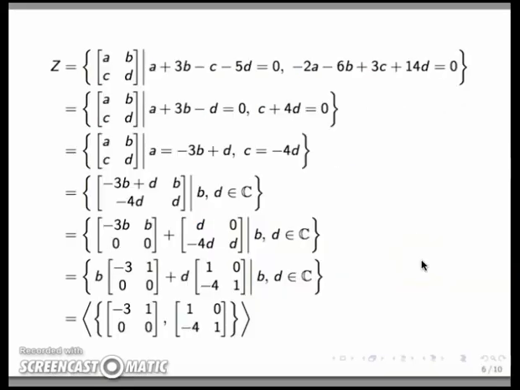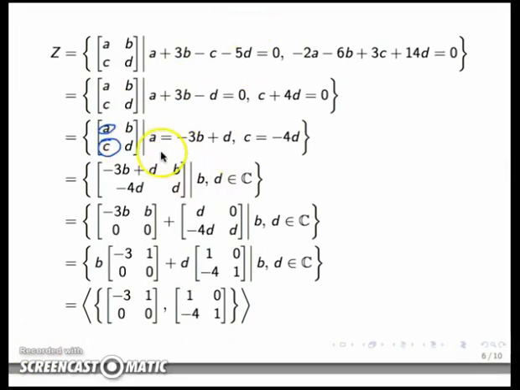This is a slide that we had worked out before, and it leads to making substitutions in the definition of this set. We can substitute for the expressions A and C, and these are substituted precisely by the expressions that we obtain from the row reduction. So on the entries 1,1 and 2,1, we can then write expressions in terms of B and D, the free variables, and by doing so, we can express this 2 by 2 matrix